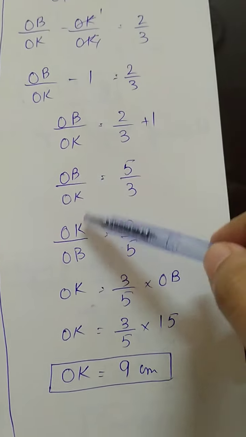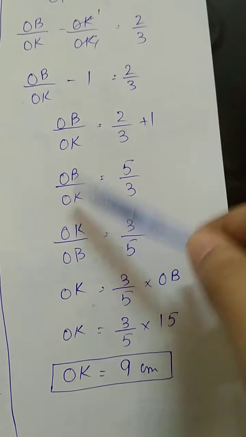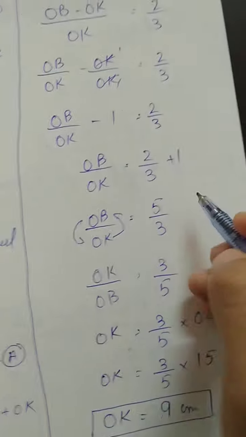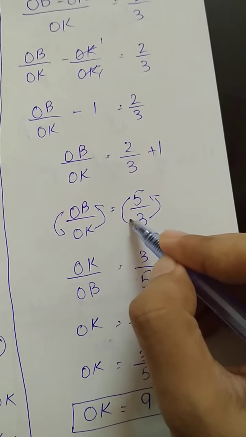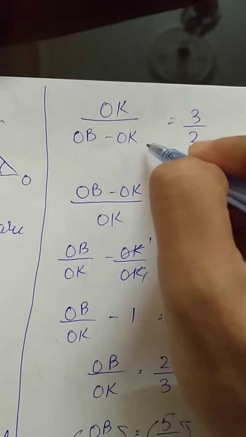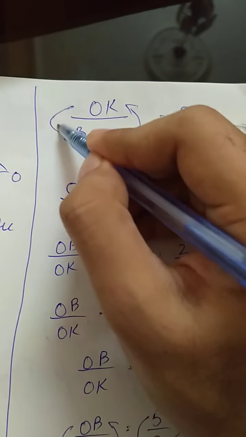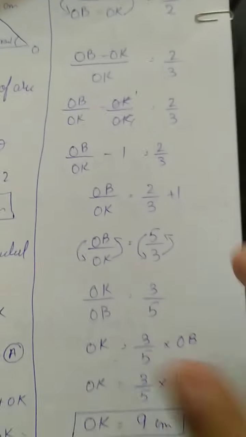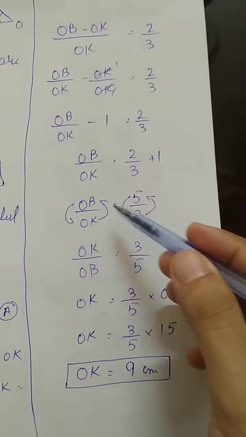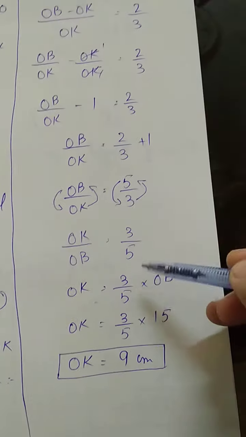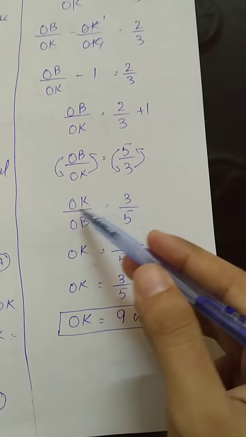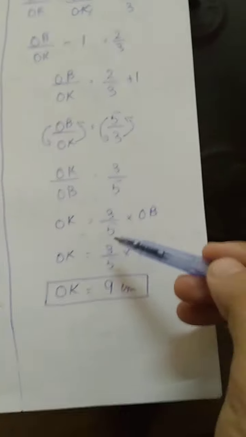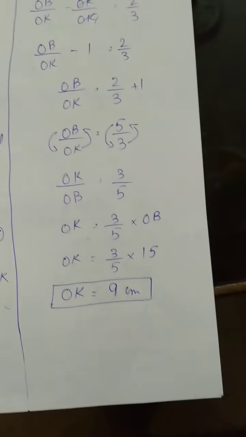Now we have to shift it again, OK will go up and OB will go down. Here again, let me show you with the help of the arrows. This is the stage where I have used the switch here, and here also. So this will go up and this will go down. This is how we can use the shift method. So OK is in the numerator and OB is in the denominator. This is how we will solve. We want the length of OK, so OB, which is dividing here, will multiply there, and in this fashion we can easily find the value of OK.